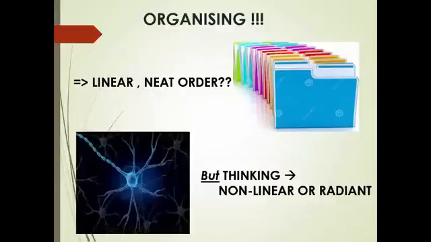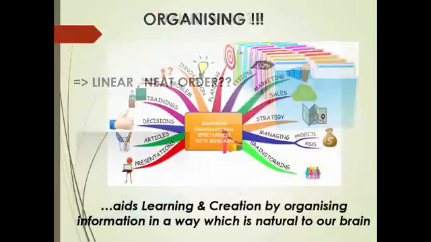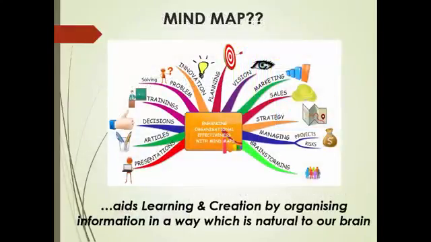So, organizing information is important, but the word organizing conjures in many people's mind something to do with linearity or putting something in order or neat ordering. Whereas inside our brain, the network of neurons have a radiant structure like a mind map, which is also the way our brain thinks, that is in a non-linear or a radiant manner. Thus, we need a tool which can mirror this radiant functioning of the brain to organize our thoughts and information